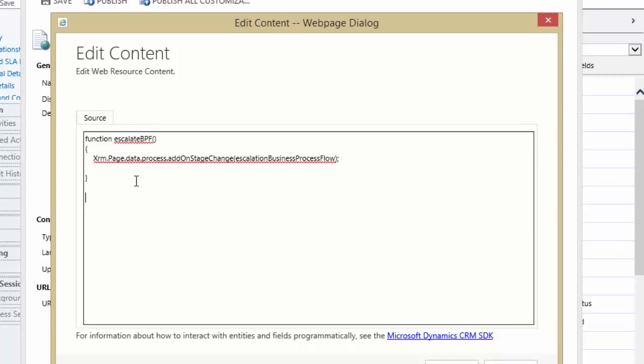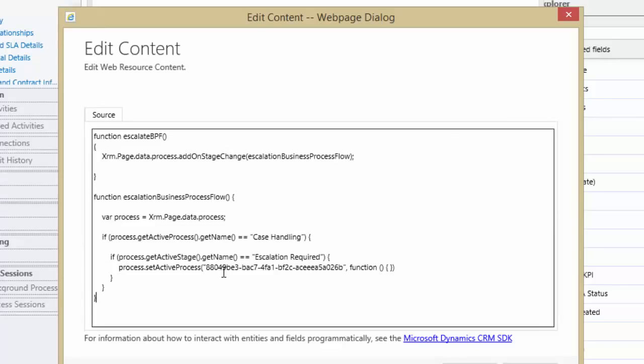It's going to do the validation of the active process, validating that it's the case handling process. If it's the case handling process, check to see if the active stage name is escalation required, and if so, change the active process to the escalation process. So now we have defined the rest of our code here. I have my function of escalationBusinessProcessFlow. Within there, I have a variable that's shorthanding the